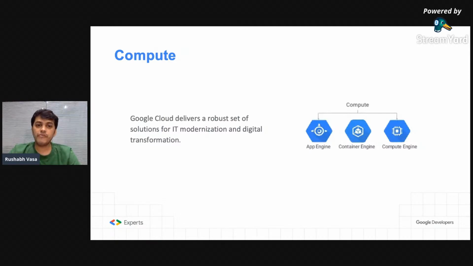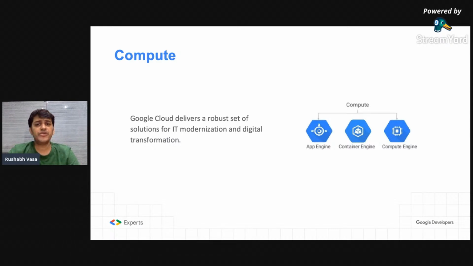Now, when we talk about compute, there are different compute engines available on GCP. For example, there is App Engine, a platform as a service which gives developers access to Google's scalable hosting. You can just use the SDK to develop a product and run it on App Engine. It's very easy to start using.